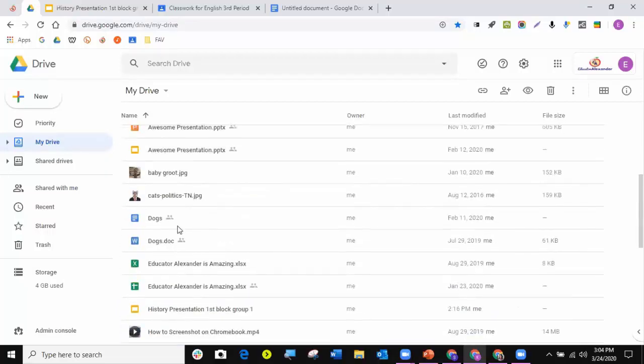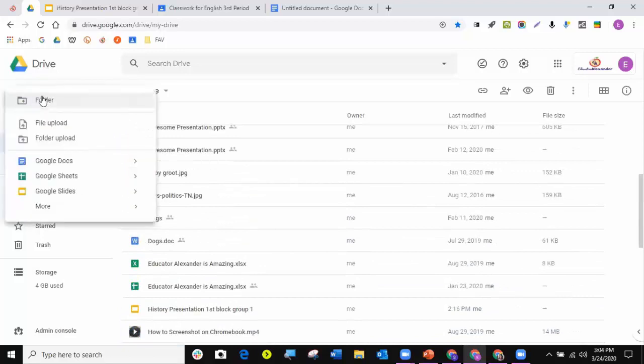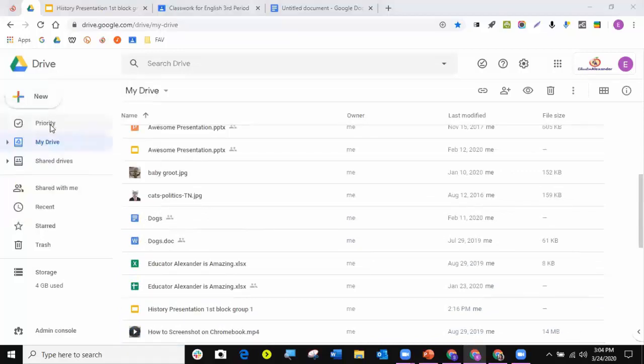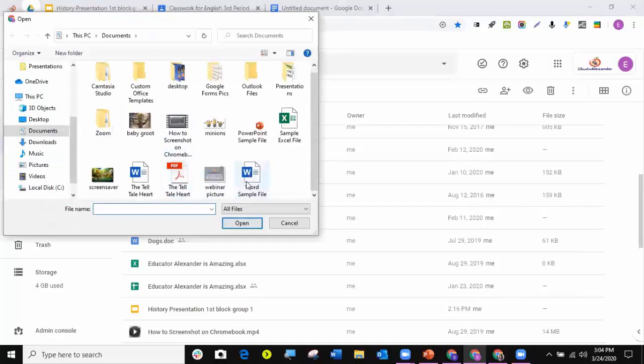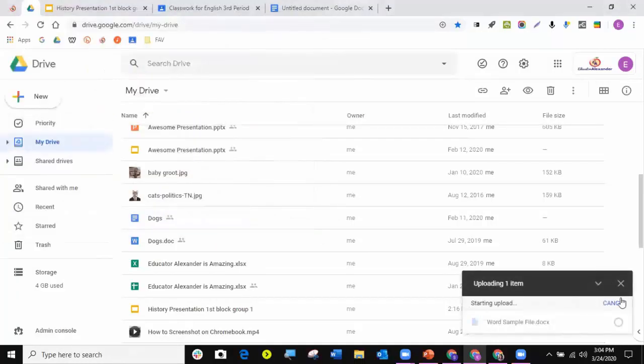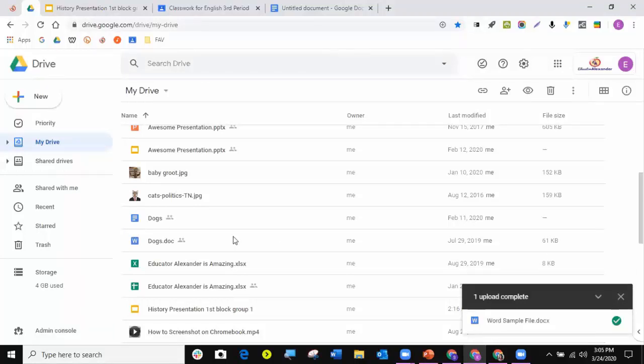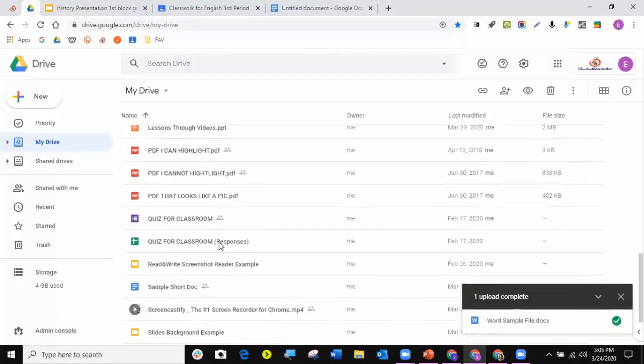So how do you change it? I have this Word document, so I'm gonna click New, File, Upload, and I'm gonna go and find my Word document that I want to bring into my Google Drive. I can double click it. Once I get this green check mark, it tells me that my Word document is in my Google Drive, wherever that may be. All right, so once I get that,